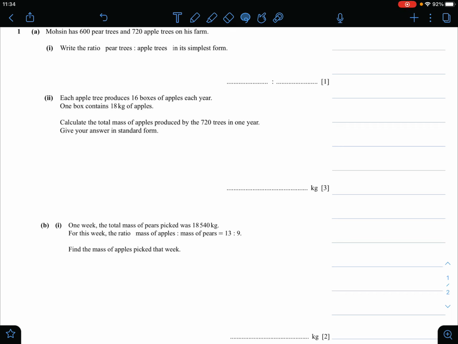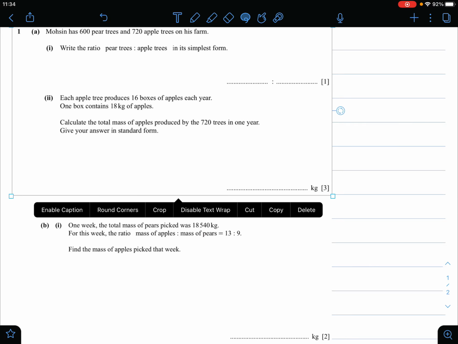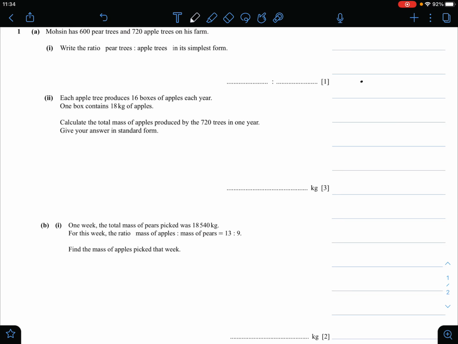So for part A1, they are asking you to find the ratio between pear trees and apple trees in its simplest form. So the easiest way to do this is to divide the number of pear trees by the number of apple trees. So if we divide 600 by 720, this can be reduced to 5 by 6, and you will get the same answer if you put this in your calculator as well. So therefore your final answer for part A1 will be